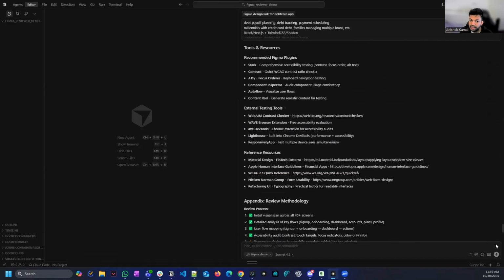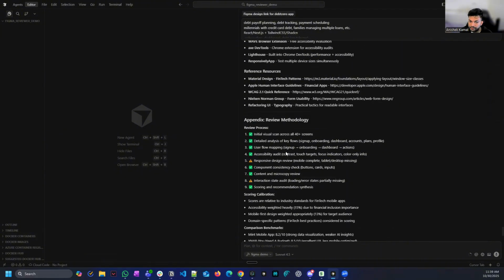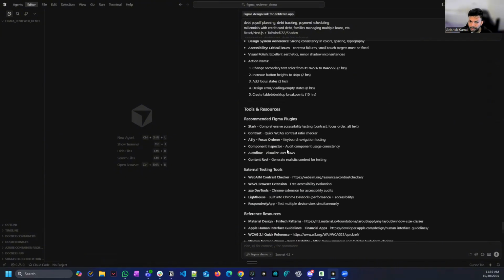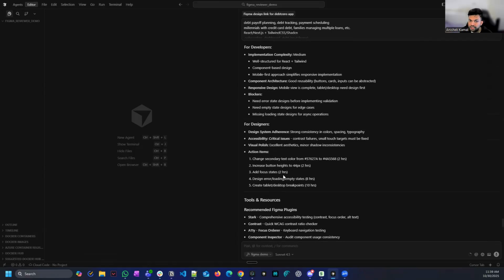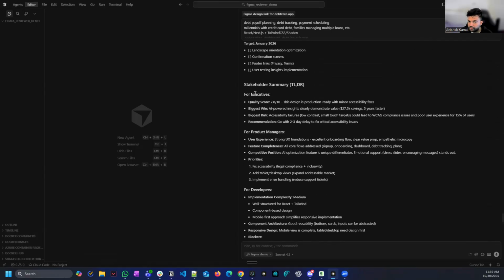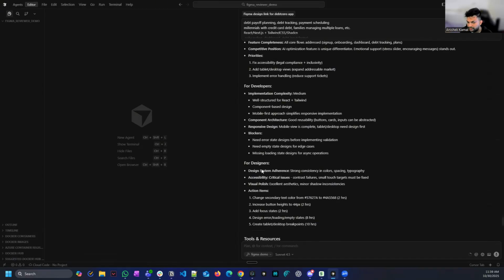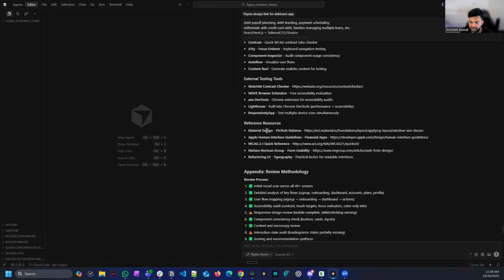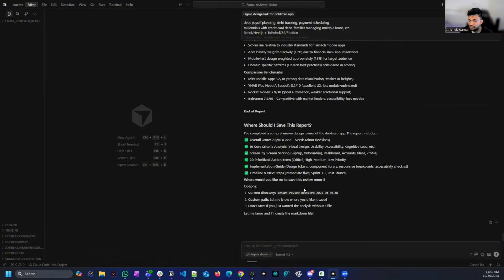So if you see at the end what it does, it creates different areas. It also creates, for different personas, a TLDR that you can share. So for let's say founders or executives, you can share these, for product managers, developers, and designers. But this is pretty extensive as you can see, and then it asks you where you want to store it. So I will just say,